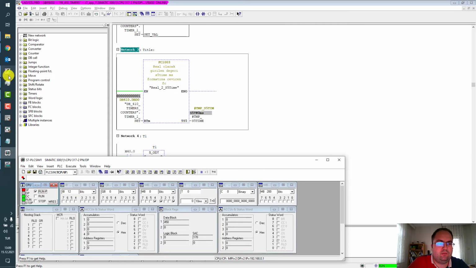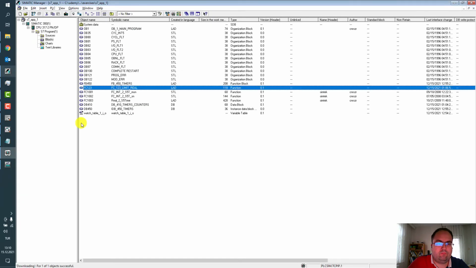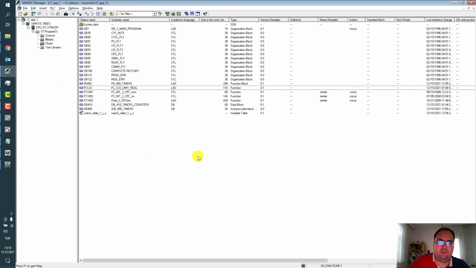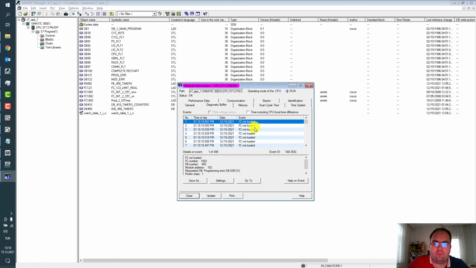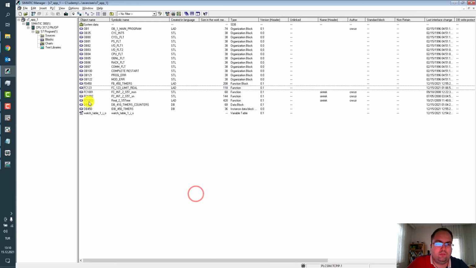Okay, there is a system fault, maybe we forgot something. Let's check under diagnostics. Function not loaded, function number 1003.